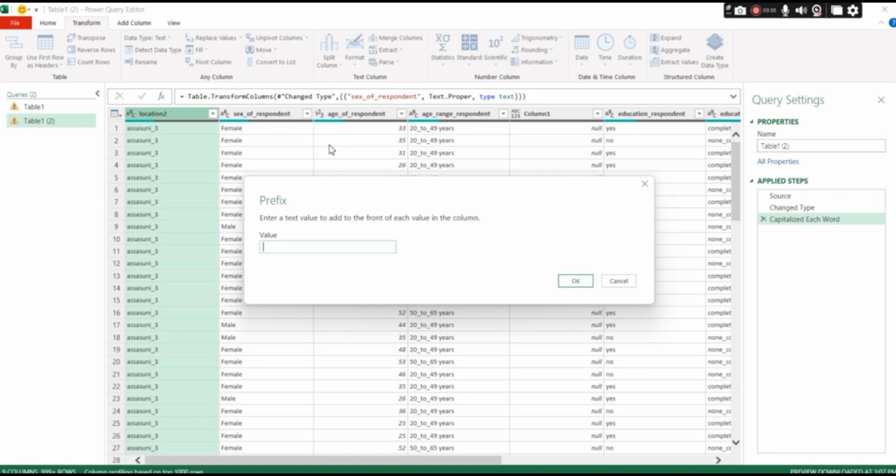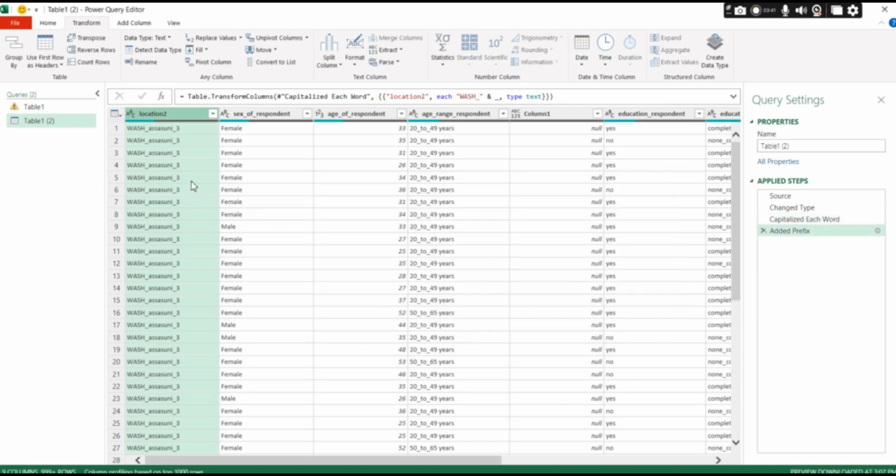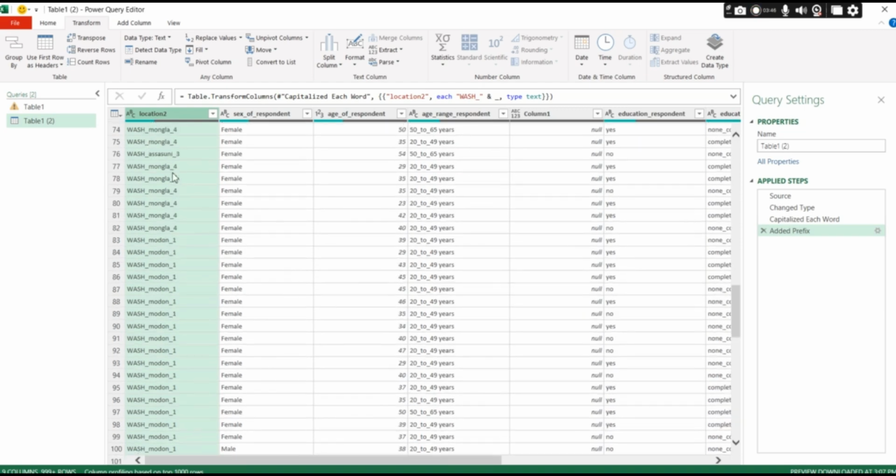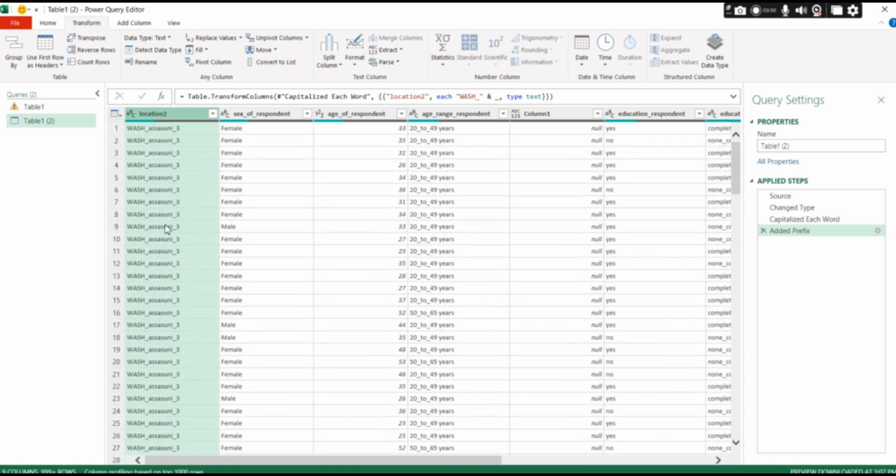We call it wash underscore, and if we select OK, you can see that it automatically comes to the front of Ashashuni. So we can know that those data are from wash data. So that is another option we can work with in the formatting column.